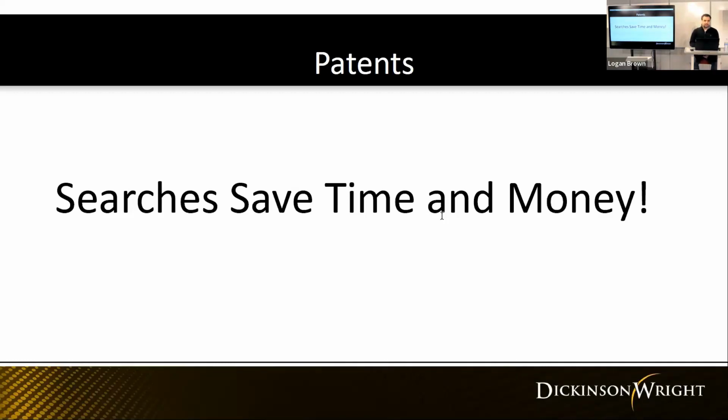If you find something substantially similar, you might want to just get back to the drawing board, do something else, or maybe you identify a way to build upon an invention that's out there. You can often get a patent on an advancement on existing technology. It's just that advancement has to be, again, new, non-obvious, and useful.